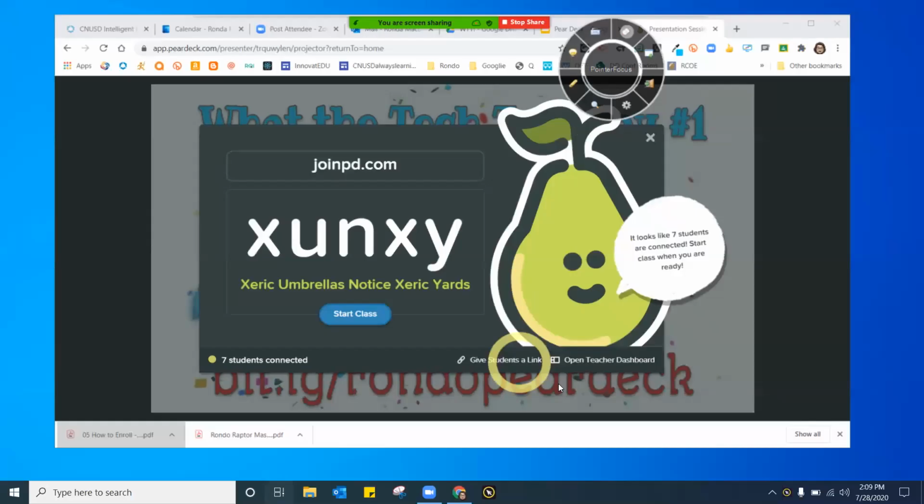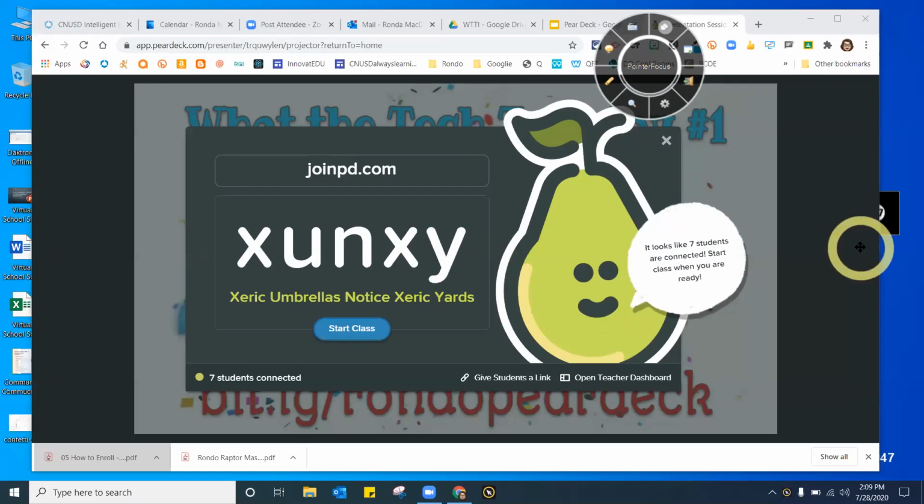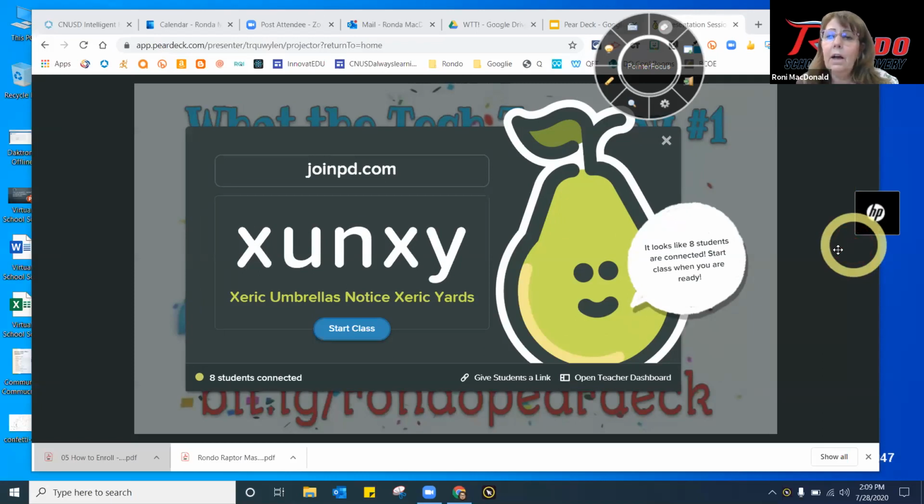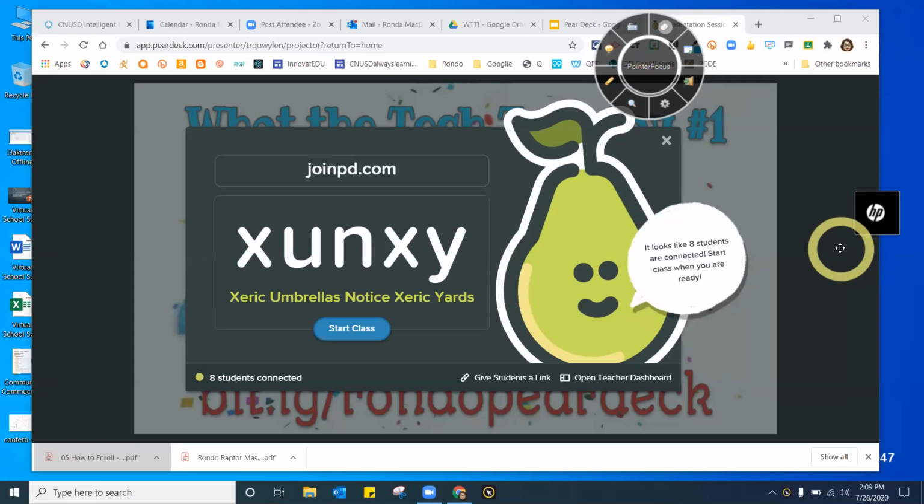Hey, Ronnie, the students don't need the Pear Deck add-on to do the Pear Decks, right? Yeah, no, they don't need anything. Because all they're doing is joining. It doesn't even collect any of their information, their Google account, nothing. When you're finished, everything will be saved in your Google Drive. And same thing for them, any work that they do will go into their Google Drive